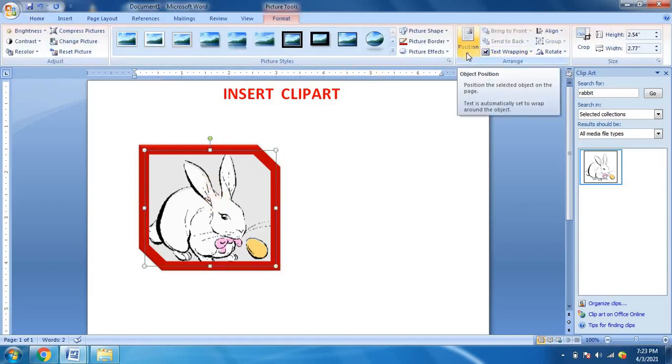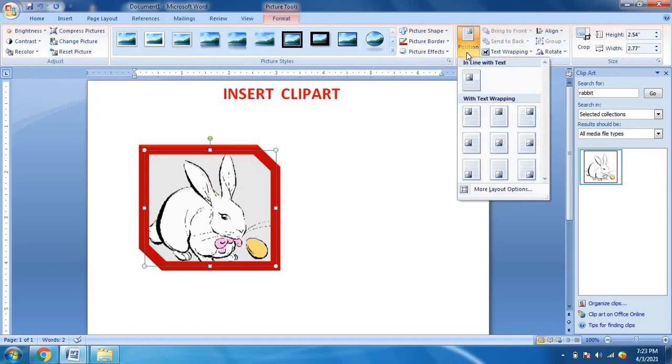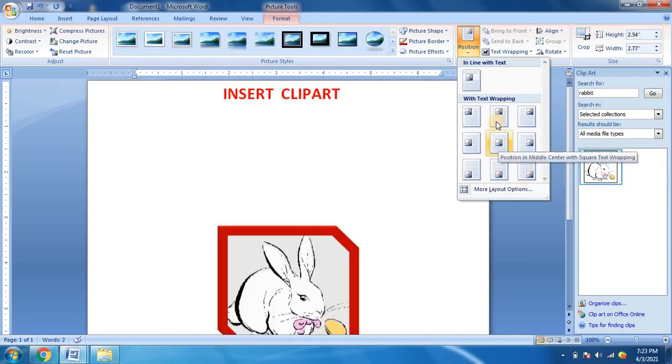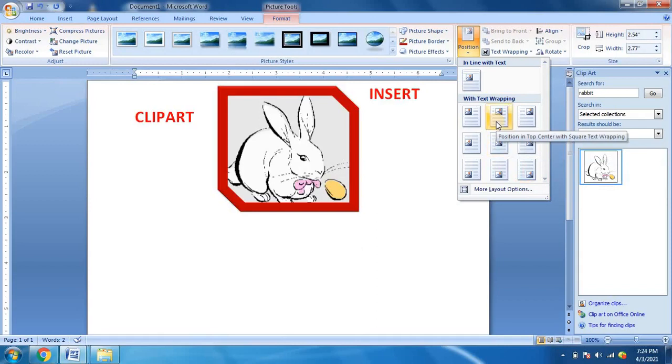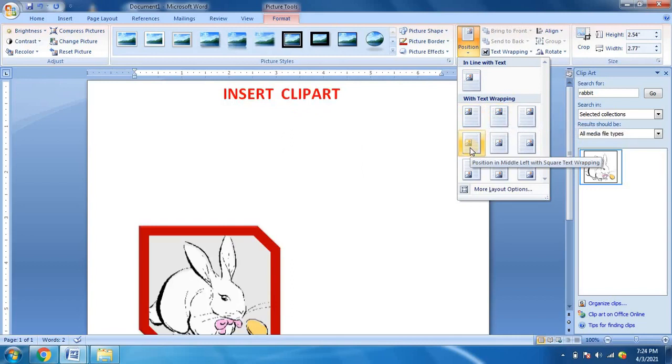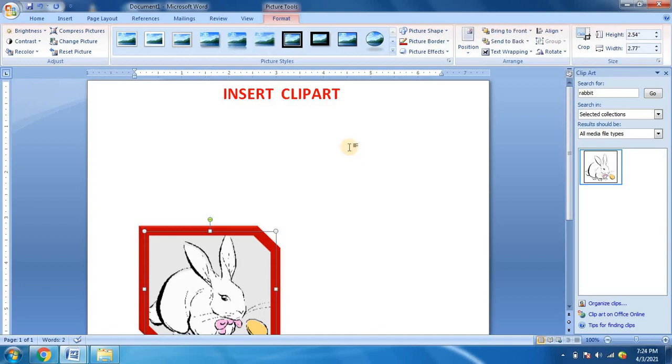After that, if you want to change the position, as I have already said, how to insert the picture in MS Word file, similar, it is in the top of the page, whether you want to add it in the bottom or at the right corner of the page or in the center or at the beginning, middle, in the center of the page, then you can do it. This is the way you can insert the clip art.